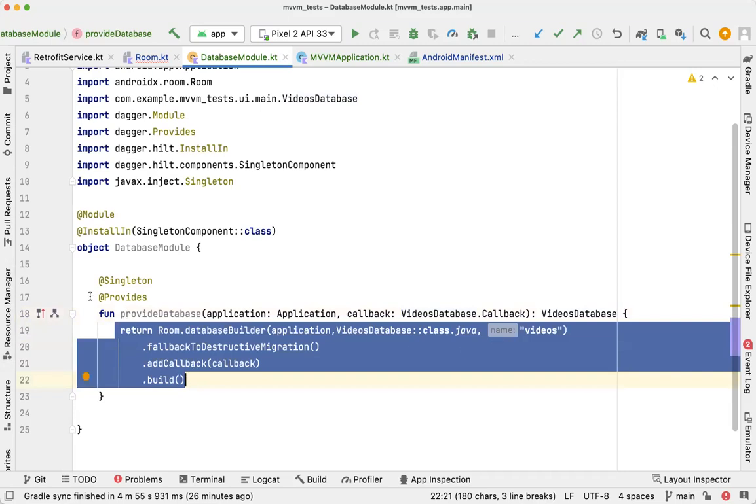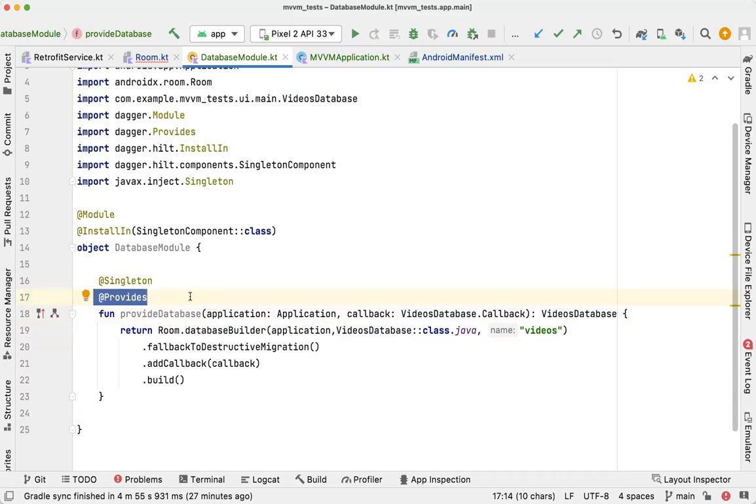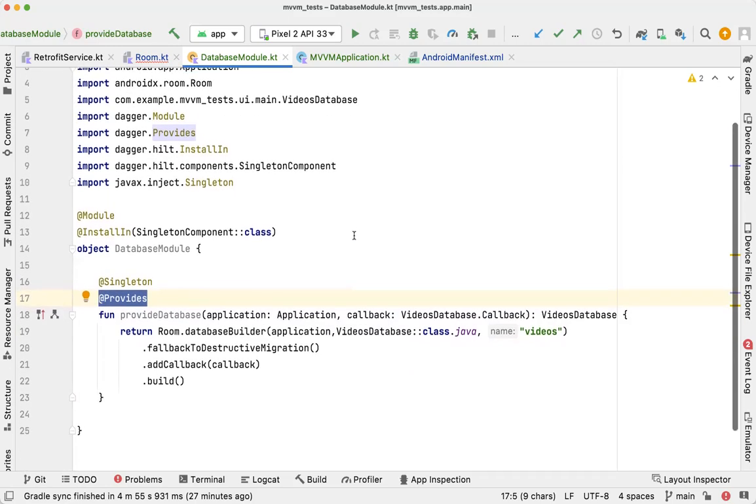Okay, so in order to make sure this is injectable somewhere, that means this is going to be used somewhere else. If you want to make sure this is going to be injected somewhere else, you have to at least have the provides annotation. Otherwise, it won't be injectable. Okay. All right, that's clear. A few things are done, but there are certain other things that we need to cover. So if you can see that in this provide database, the application